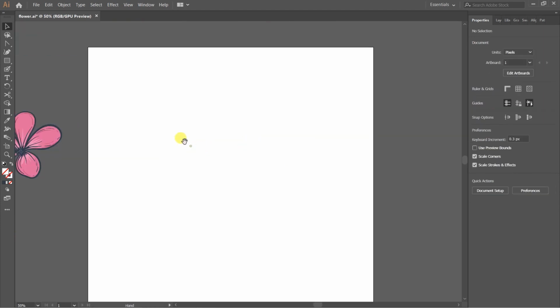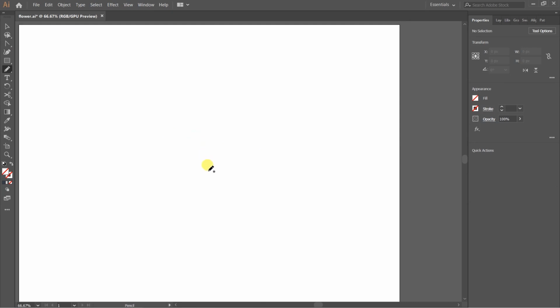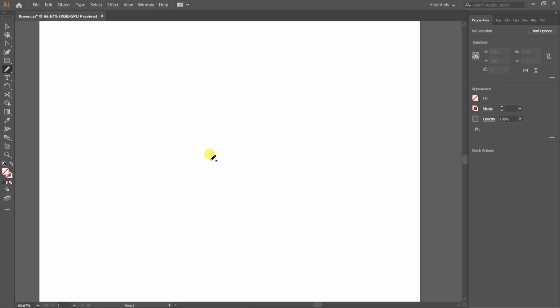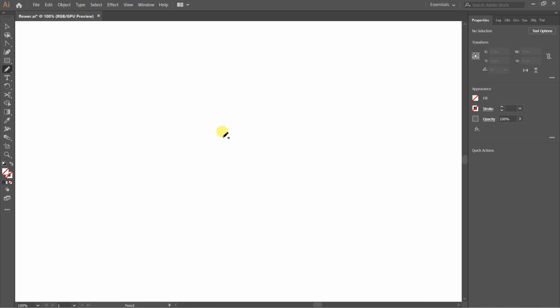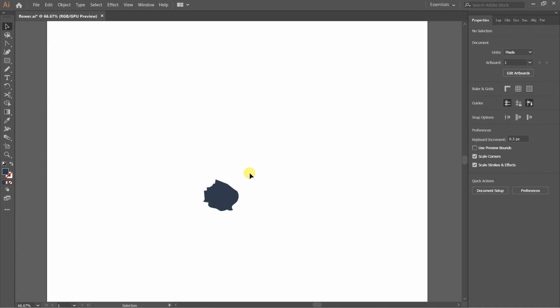Keep them apart. Okay, I'm going to create a center of the flower first. So with the help of pencil tool, let's create. Okay, I'm going to add this dark color, dark one. Now we need to create petal. So in order to create the petal, what we can do is